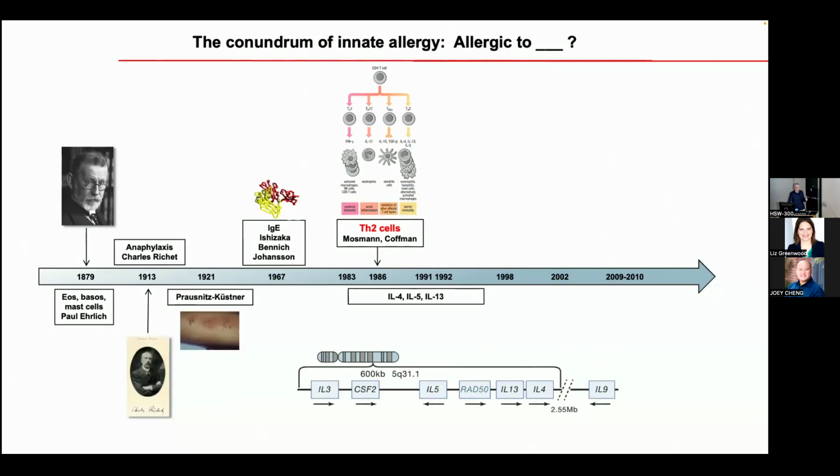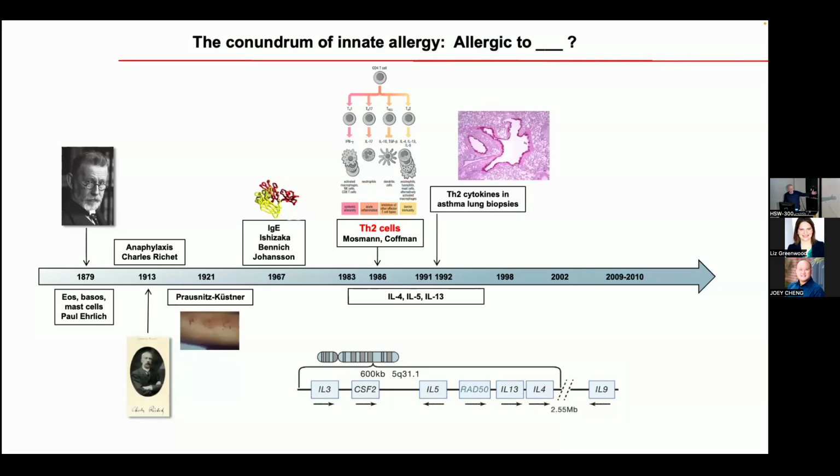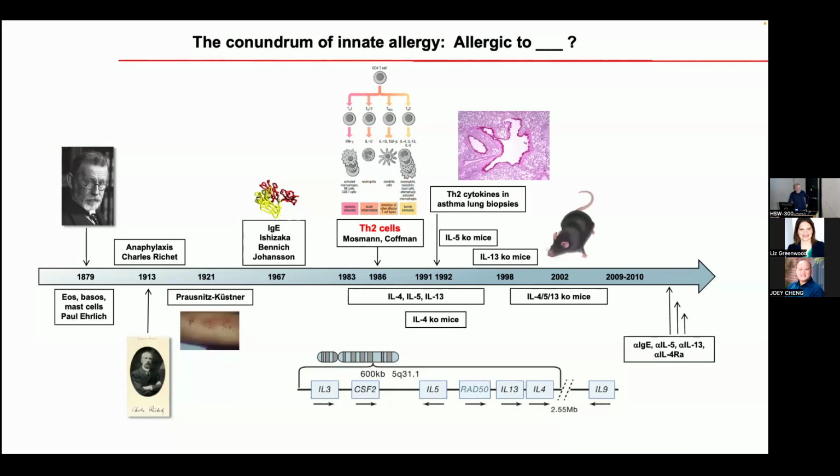And then Mosmann and Coffman, I've told you about these T cells named for their type of cytokine. Type 1 cells, type 17 cells, it should be type 3, and type 2 cells that orchestrate different aspects of biology in the same organized way that these core cytokines organize in Th2 cells, and then regulatory T cells that regulate the adaptive phase. But of course, in the genomic era, we were finding all these things. You could find all of these proteins and mRNAs in human samples. We began to be able to manipulate these in the mouse, knock them all out, and show you couldn't get allergy anymore. And now these are documented targets in human disease.